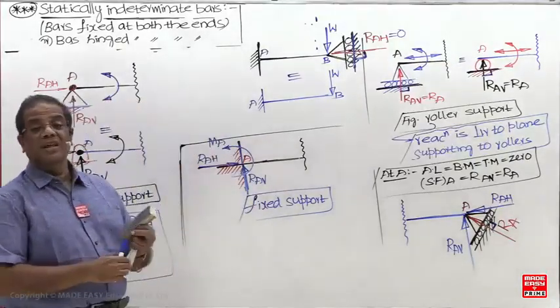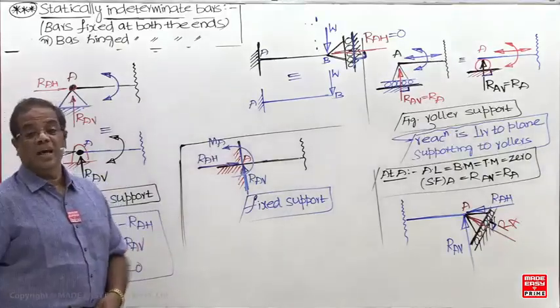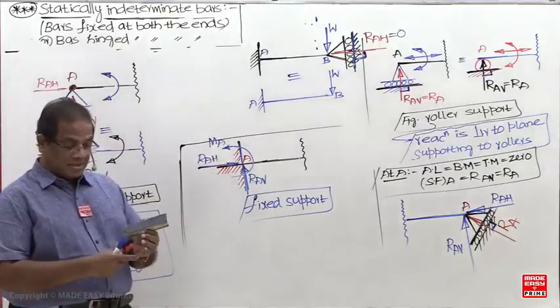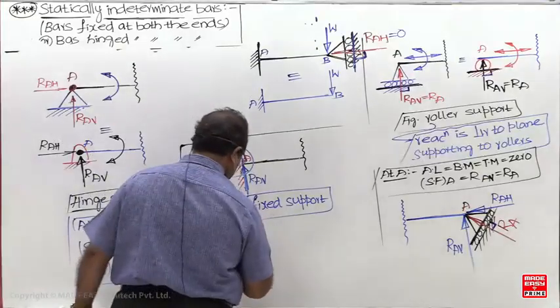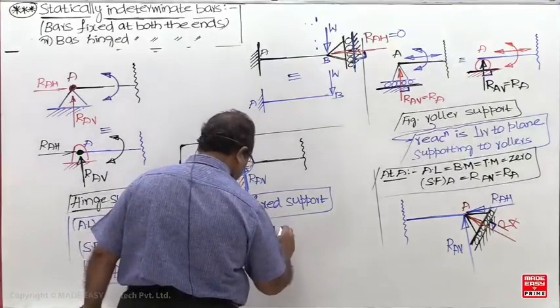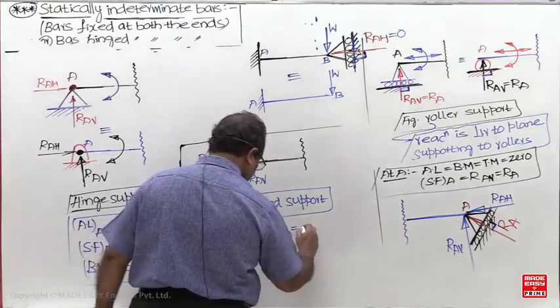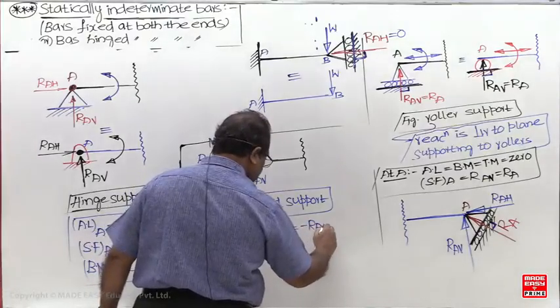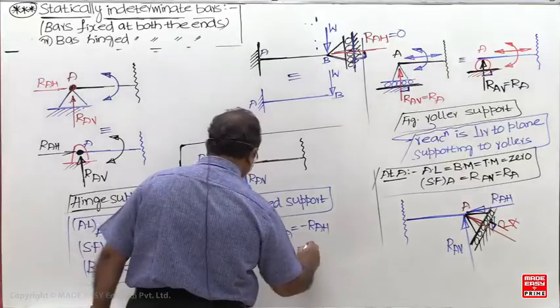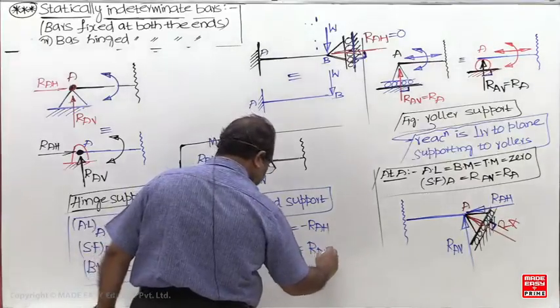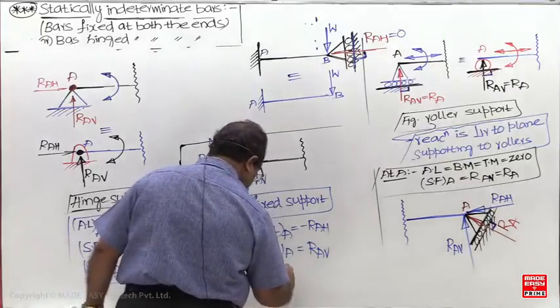But in the previous two cases, the moment reaction is 0, because rotation is permitted, but here rotation is restricted. So here at A, minus RAH, what is the shear force? RAV, and the bending moment is